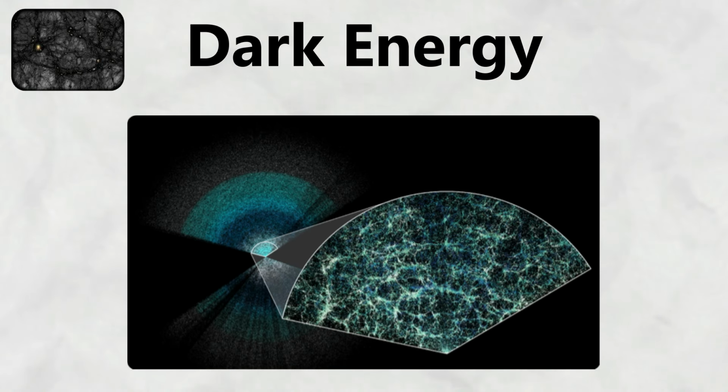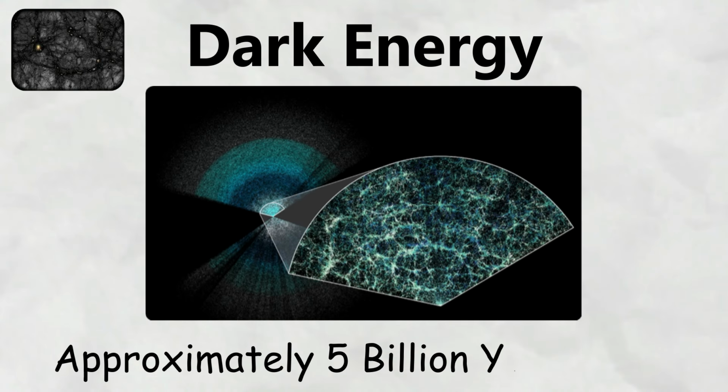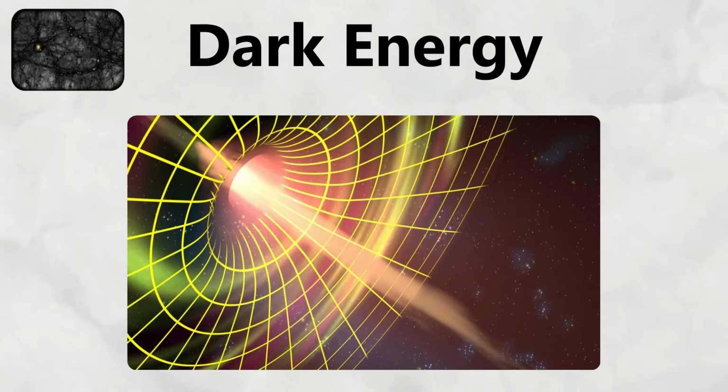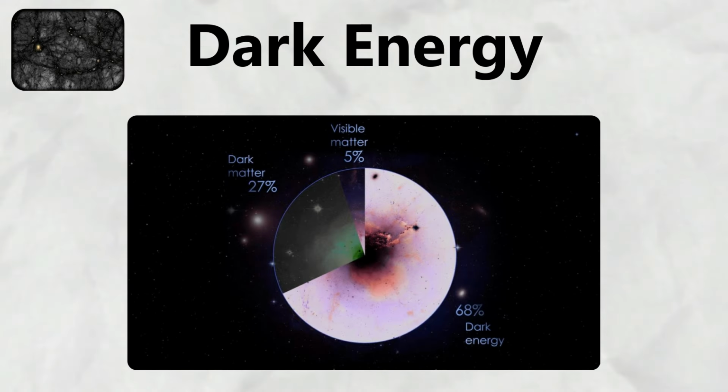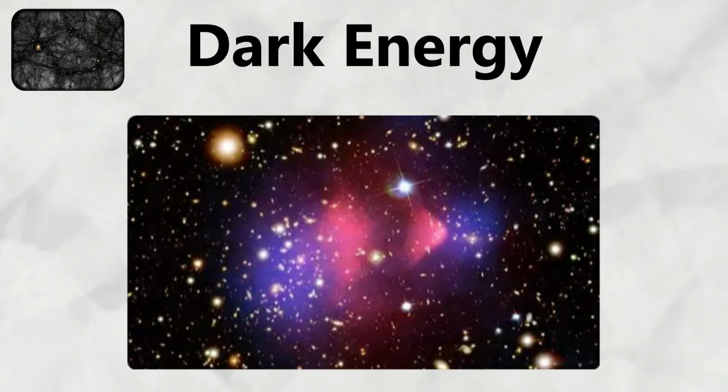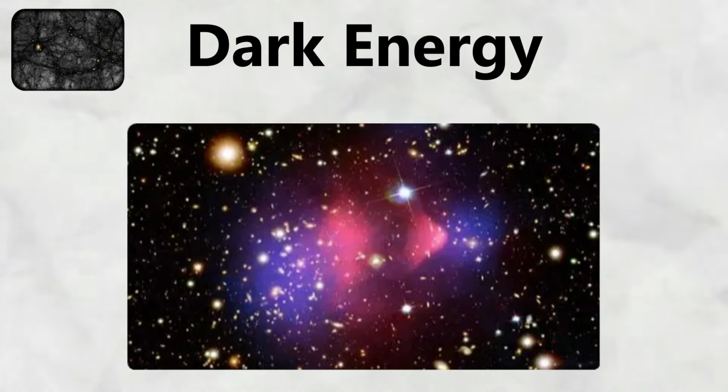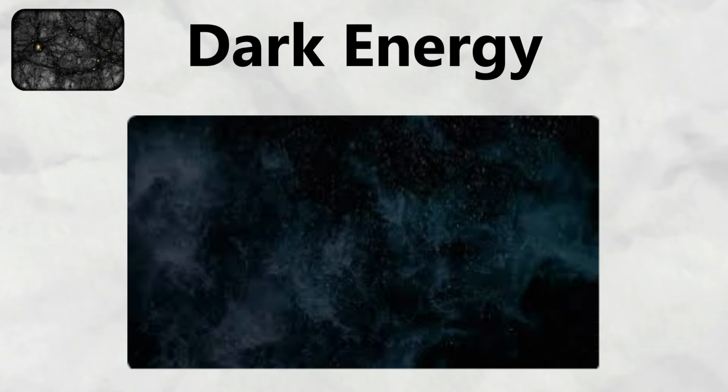Dark energy's dominance began approximately 5 billion years ago, when the universe had expanded enough that matter became sufficiently diluted. Before this transition, matter and radiation controlled cosmic expansion, causing it to decelerate. Once dark energy took over, the expansion began accelerating and will continue to do so indefinitely, eventually carrying all galaxies beyond our observable horizon and leaving our local group of galaxies isolated in an increasingly empty universe.